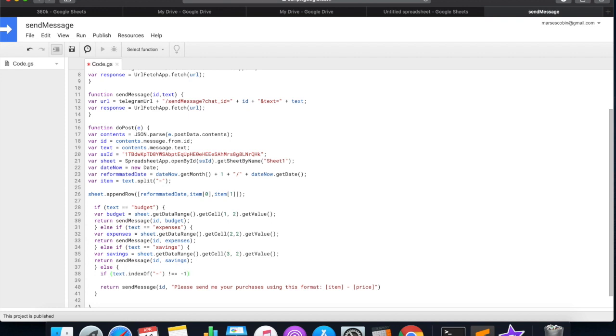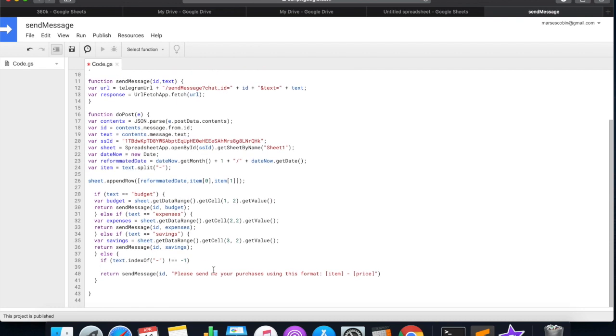I forgot already how I learned that -1 in Google Apps Script means false. But that's how it's currently being interpreted. So I'm saying here, if the text has a hyphen, right? Because these two will cancel out. So this means not equal to, and false. So technically that's true, right? So I'm just gonna say